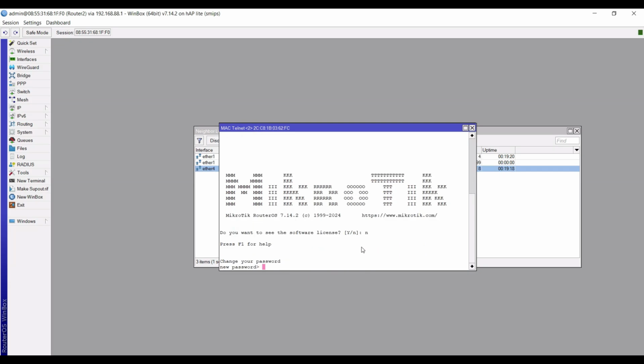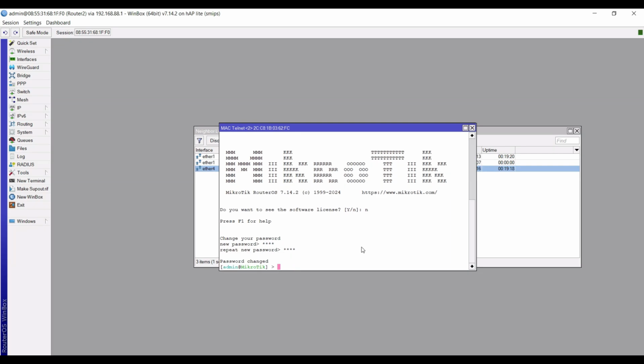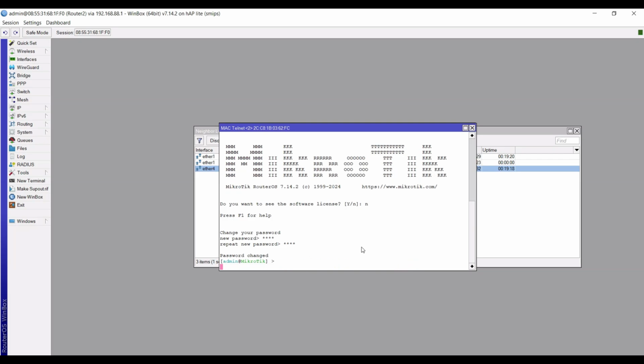We will set a new password for router 3. We will now enable Romon on router 3 and put the Romon password. Type this command. Then press enter.